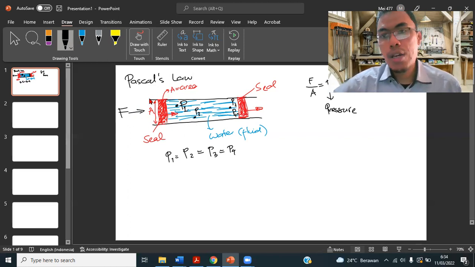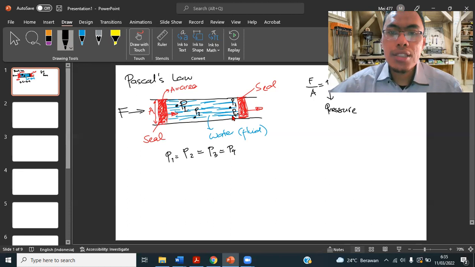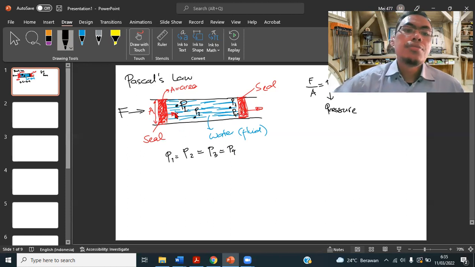luasannya maka di sini akan dibentuk gaya, kemudian gaya itu akan diteruskan, kemudian tekanan itu akan menimbulkan tekanan, gaya dibagi dengan luas atau area akan menimbulkan tekanan, dan tekanannya itu akan diteruskan ke berbagai poin atau ke berbagai titik dan nanti dia akan tertransfer tekanannya sampai pada bagian sini. So the pressure will be transferred from this point into this point. So let's say if I want to know P1, because P1 is similar with P2